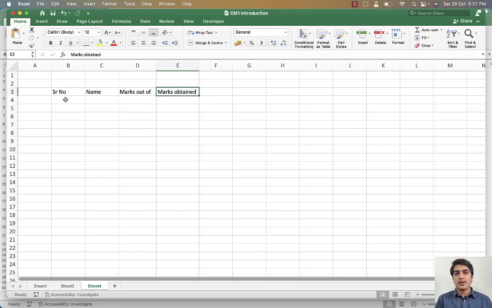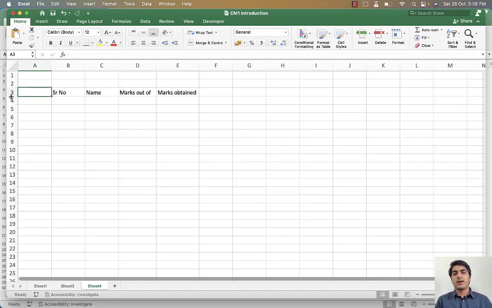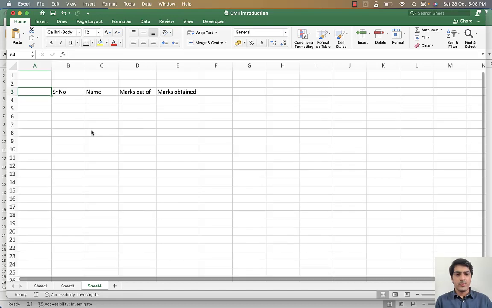And just before I move ahead with autofill, I can tell you that you can do the same thing for row height as well. So if I wanted to increase the height of this row, again I could just go between 3 and 4 and have that same crossbar thing appear. So I can then move this height the way I want to. Okay, so let's get started with this table. Now